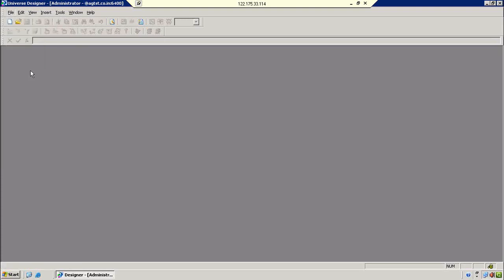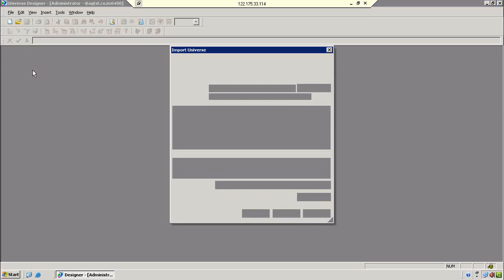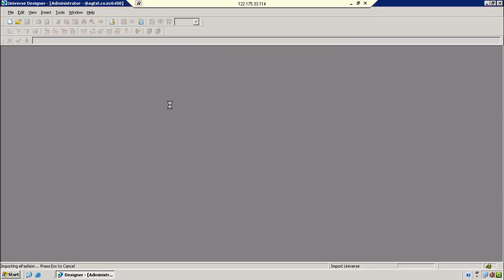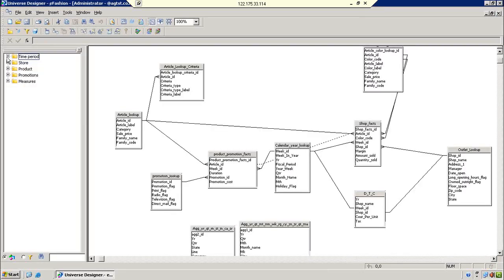So I am importing one of the universes. Let's import the universe and click on OK. Okay, so